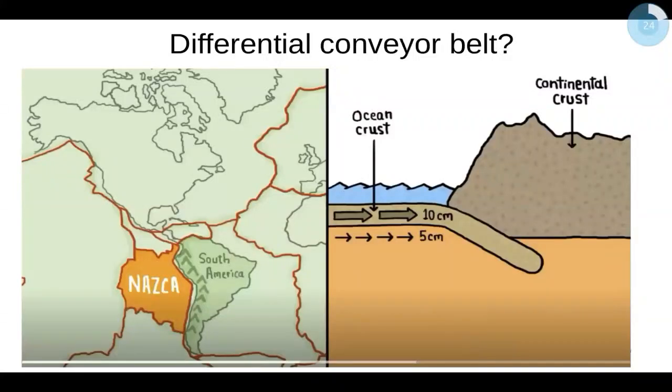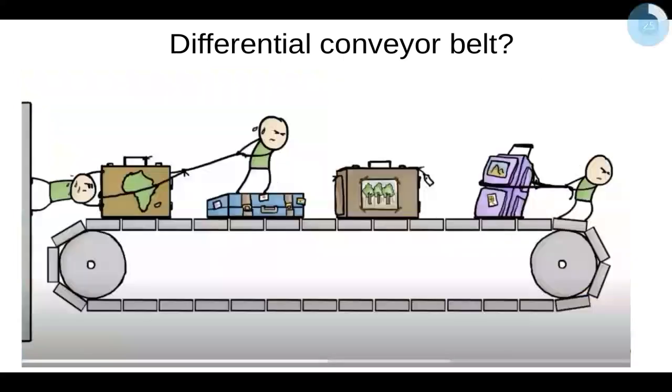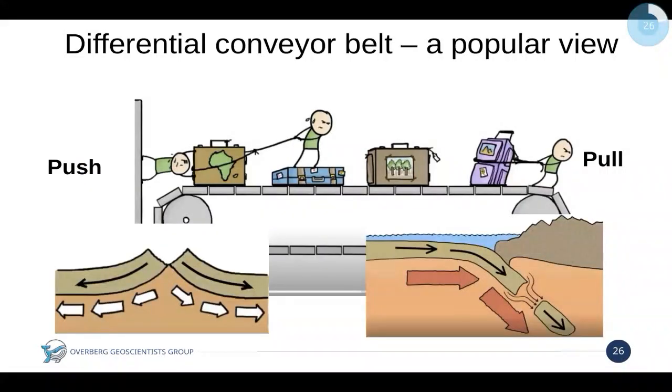And we also notice that there's some differential motion along those conveyor belts. We'll see the oceanic crust is moving faster than the mantle below. So we need some pushing on top of the conveyor belt and some pulling on the left. So there we go. So the pushing comes from the mid-ocean ridge by gravity, and the pulling comes from the